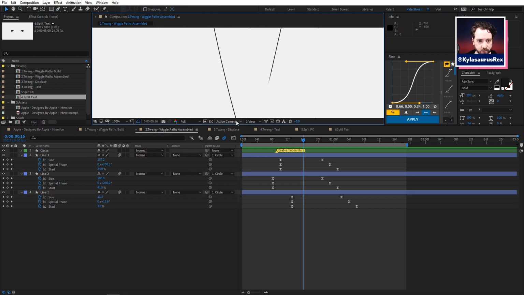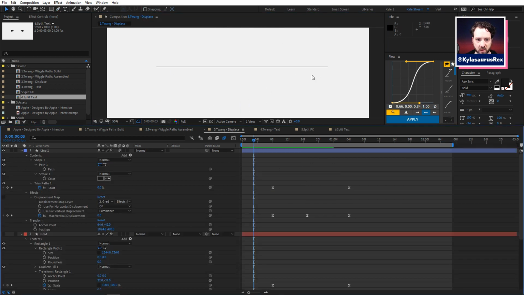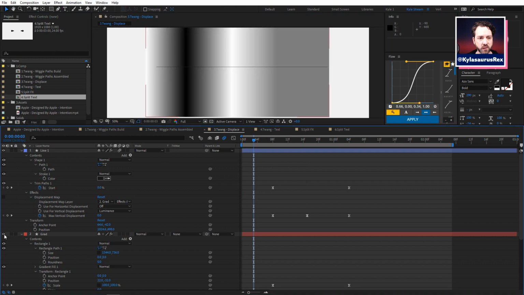I also thought it might be interesting to try this with a displacement map, which while procedural might be a little finicky for something where you're doing a lot of this, but you could certainly rig this up with some expressions and whatnot. So just to show you what's going on here, I have a rectangle with a gradient.